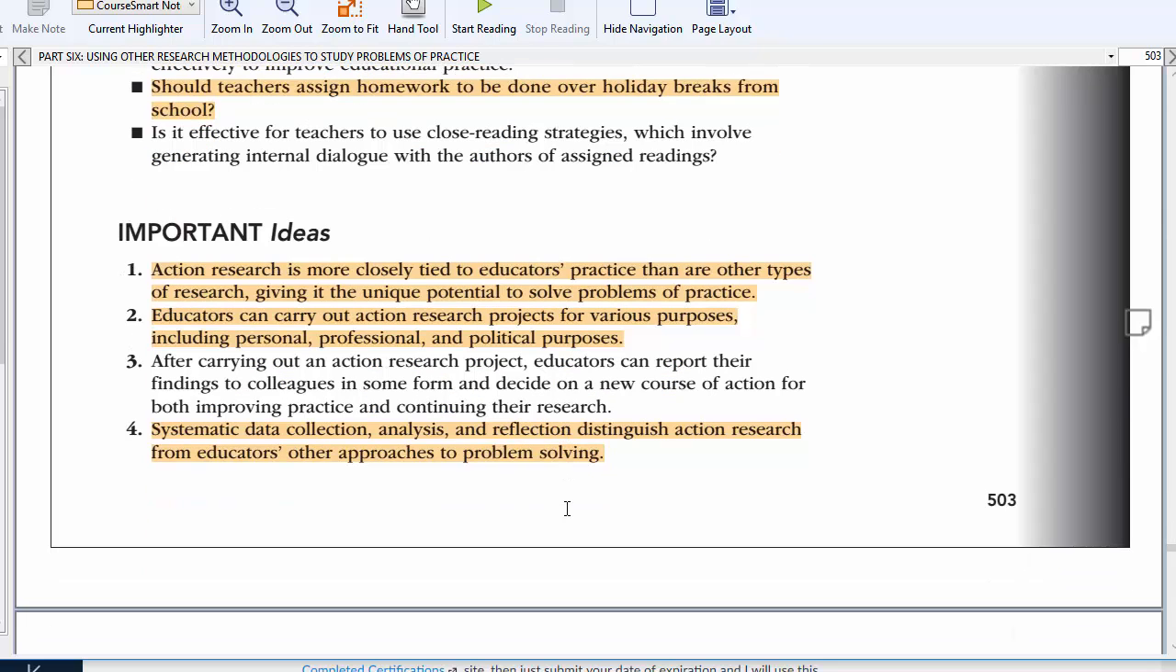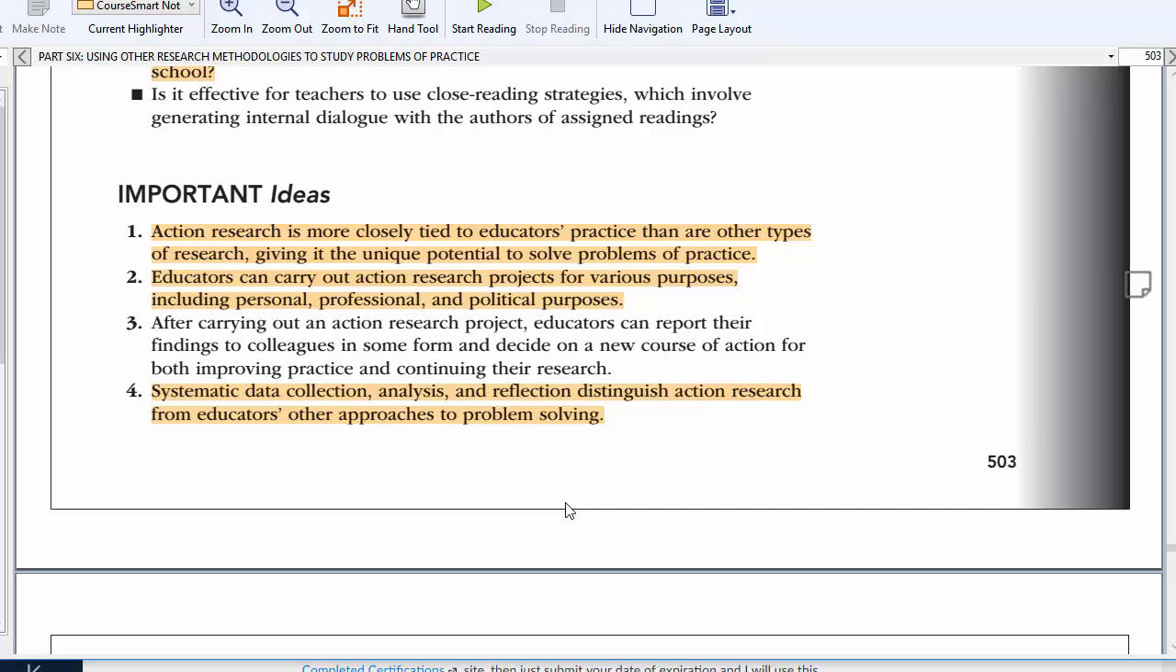Okay, so those are the problems of practice that you take a look at. Now, important ideas. This one, I always have difficulty deciding what's more important than the others, and I get a little heavy-handed with my highlight marker. But I've marked these because there's a reason and a comment I want to make about each one of these. Action research is more closely tied to the educator's practice than our other types of research,